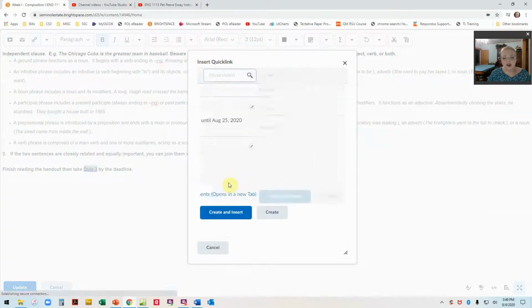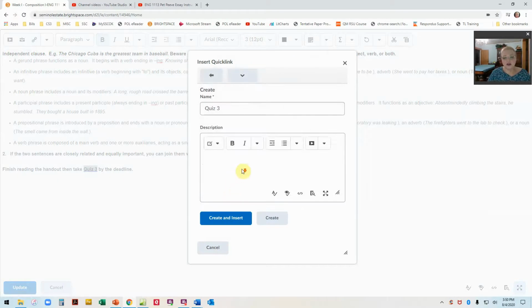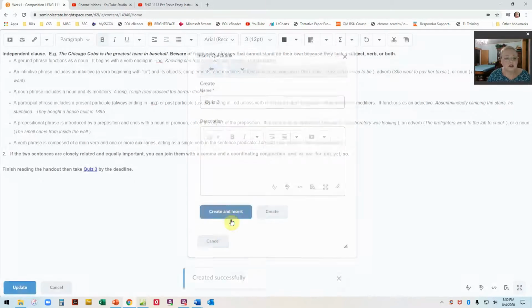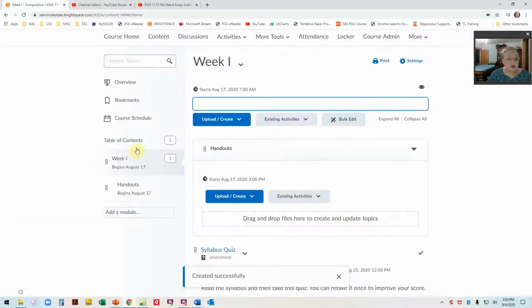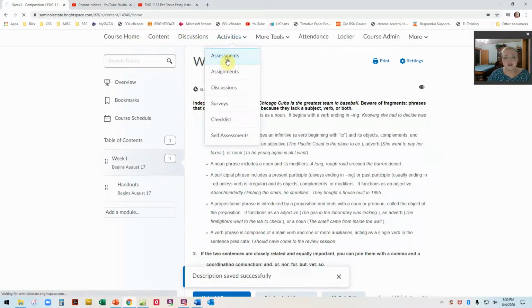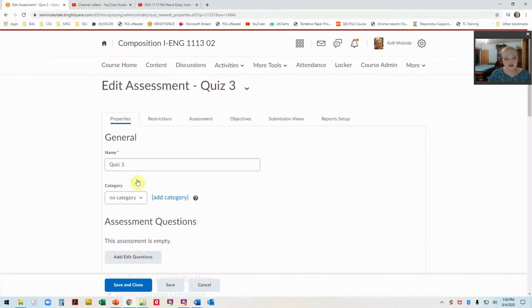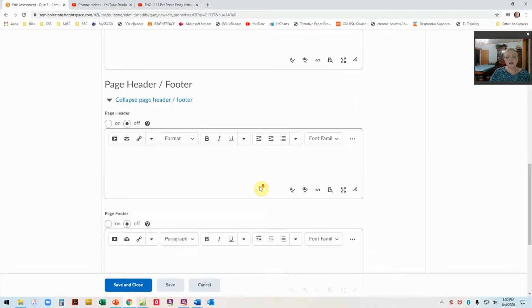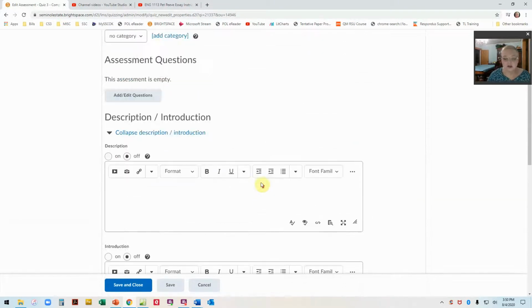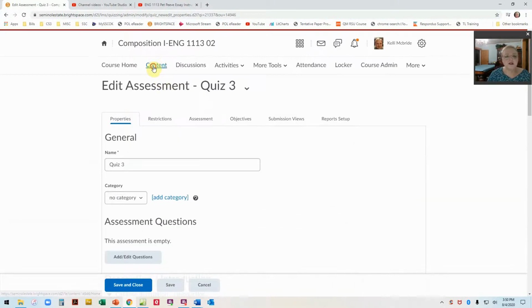I can say create new assessment, and it's going to allow me to put a placeholder in there. But then I would have to go back and actually go to assessments and then create the quiz. It's just going to, again, do a placeholder, but it's not going to allow me to create any questions, right? So again, I find that